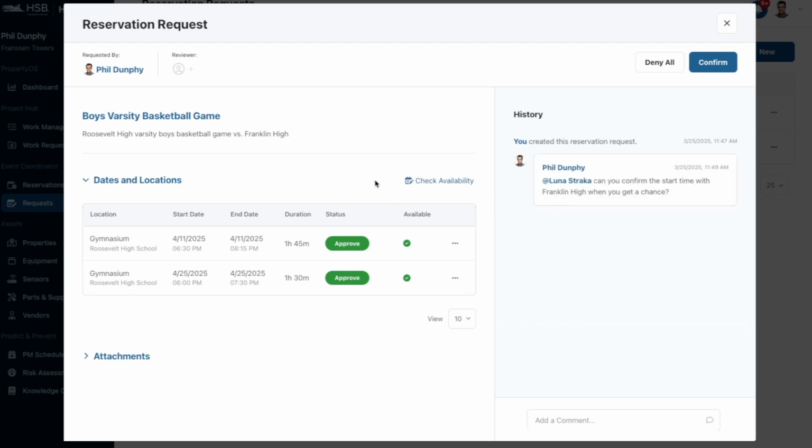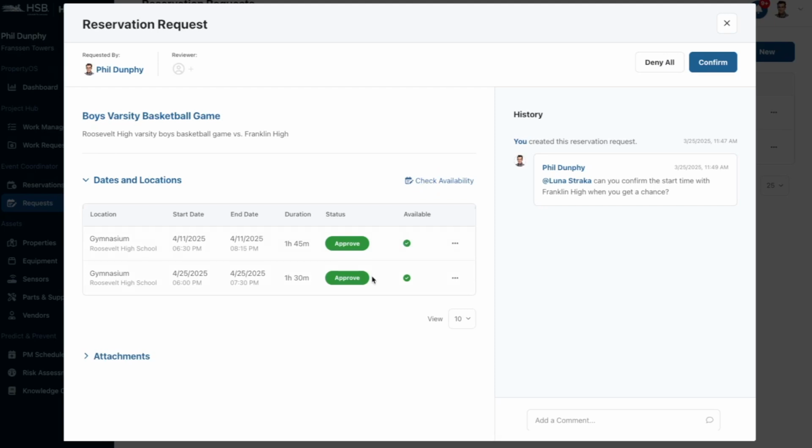In this table, we're going to look at this from the perspective of a manager who has the ability to review a request. So the manager will have the ability to check availability, so that way they can see if these occurrences are still available at the time that they approve it, and that nothing else had been added to the calendar in between this request submission and when this one was reviewed. So I click here, I can see that they're both available,